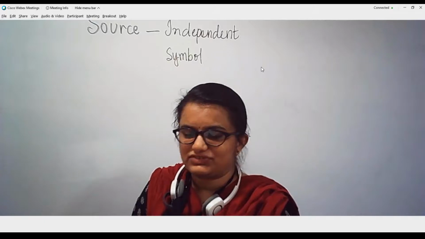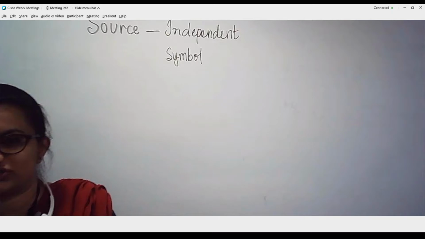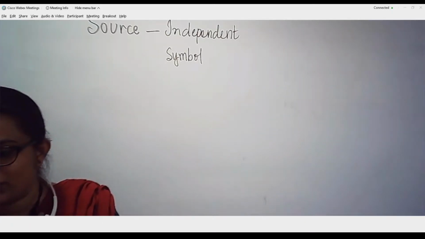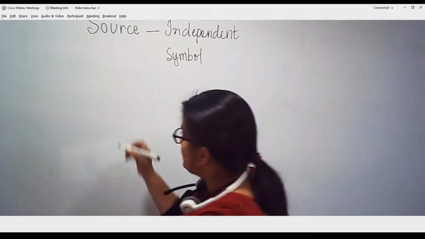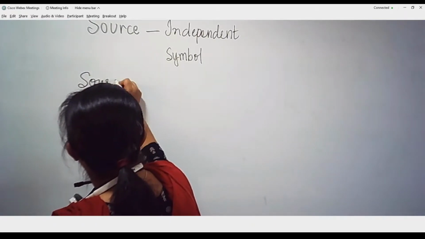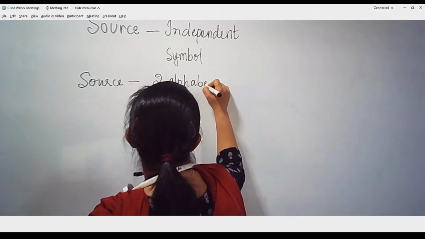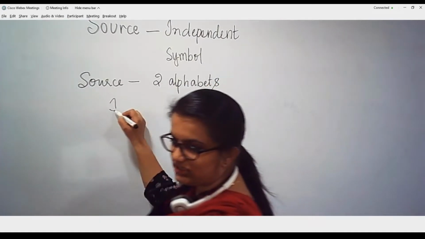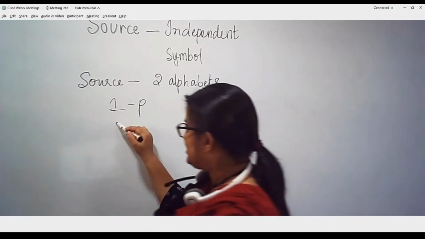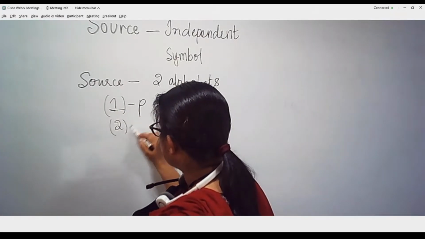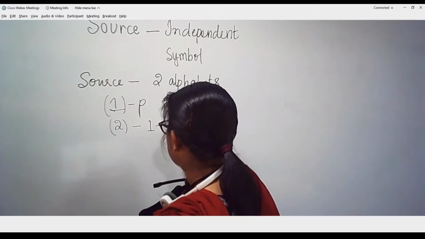So in such cases we have a typical scenario where the probabilities of the symbols or alphabets that are generated will be equal for all the cases. Let's suppose I take a particular example. I have a source which is only generating 2 alphabets, out of which one alphabet is generated with the probability P. The second alphabet will be generated, which is quite obvious, by a probability 1 minus P.